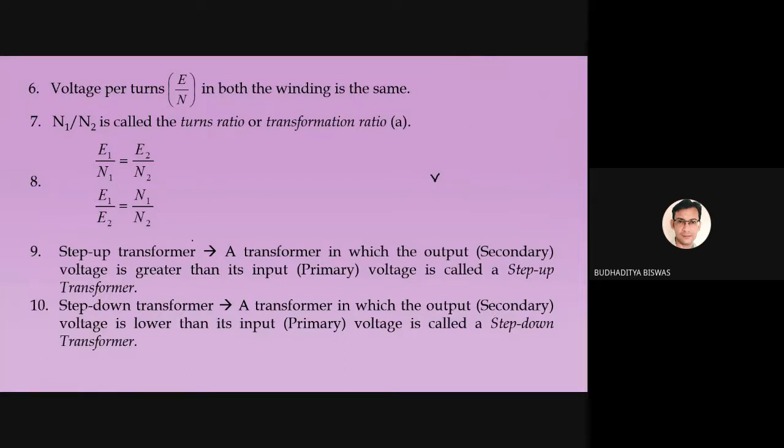Now the question: the EMF induced in the transformer does not depend on how long we supply the AC current, that is, on time. What are the electrical quantities which are related with time? Voltage is related with time. So obviously no. If we just switch on, instantly the voltage appears across the terminals.